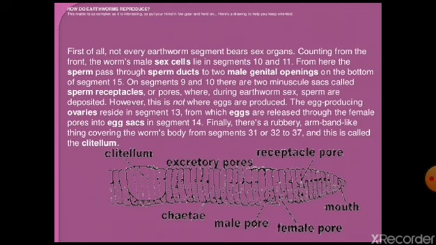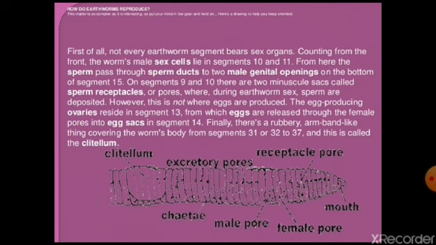From here, sperm passes through the sperm duct to two male genital openings on the bottom of segment 15. On segments 9 and 10, there are two minute sacs called sperm receptacles, where the sperms are kept,